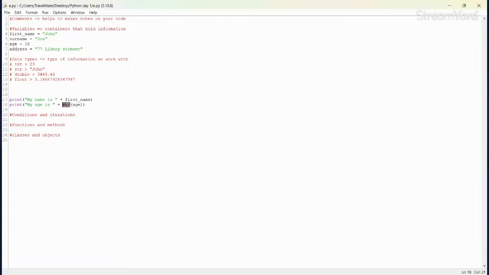So now the reason why I need to convert this into a string is because the print function can only identify strings, right? Because obviously it's a print function. So whenever you are dealing with numbers, you will see this quite a lot. We might have to convert things to strings, convert things into integers, and that's why Python is quite popular and quite powerful in that sense, that you don't actually have to do so much converting from an integer to a string, and vice versa. Right. So I hope you guys are getting the basic understanding of what a variable is.